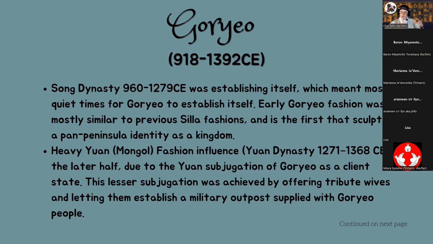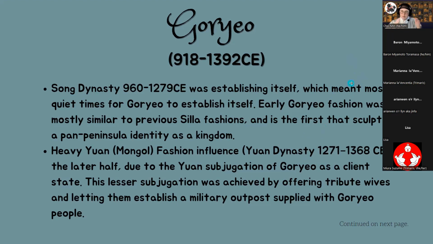And so they're just kind of doing their own thing. No one in China is bothering them until the Yuan dynasty takes over about halfway through this dynasty. They didn't change what king was in power necessarily, but as an outside influence, that changed things internally, but it didn't change as a forced person on top. But halfway through, they were forced to accept Mongol culture, basically. And so that's why there's a sudden change there in the fashion.